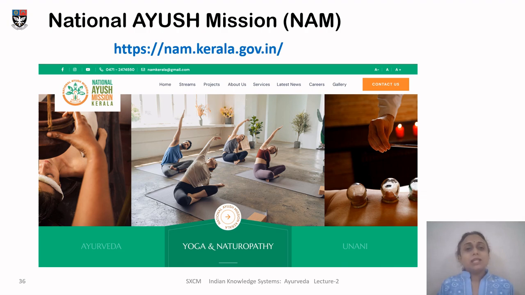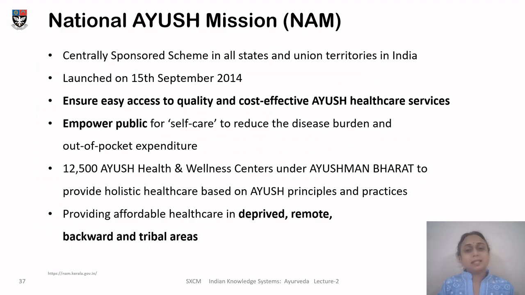The central government has also set up the National Ayush Mission, or the NAM, and a screenshot of the Kerala government's NAM website has been posted on this slide. The NAM has the vision to ensure easy and affordable access to quality and cost-effective Ayush healthcare services across the country. More than 12,000 Ayush health centers have been set up under the Ayushman Bharat scheme